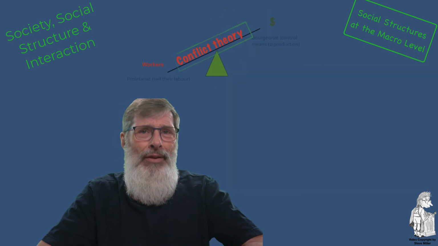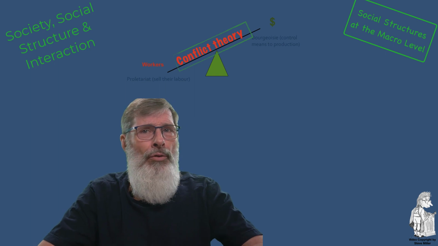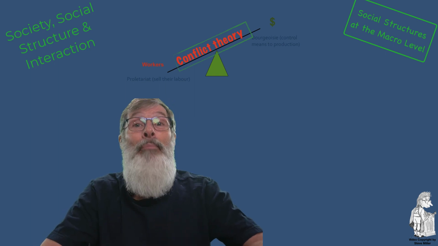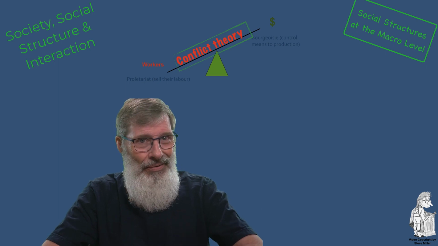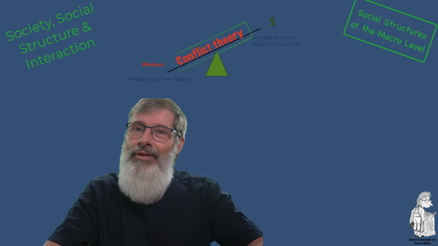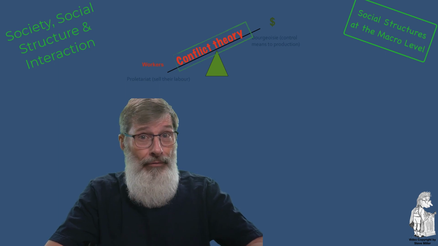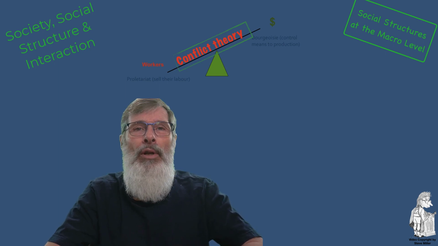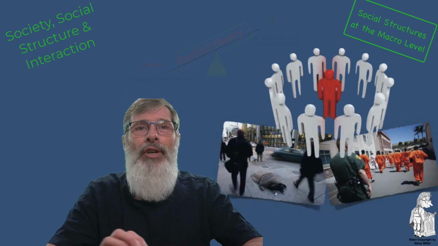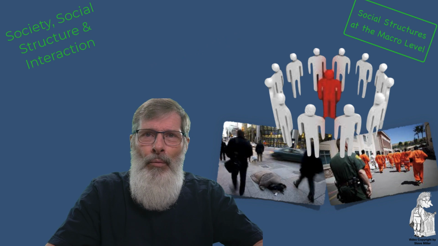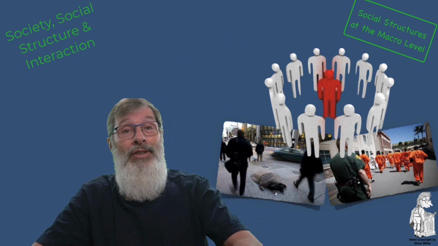Now, conflict theorists also believe that social institutions are originally organized to meet basic societal needs. However, they argue that social institutions maintain the privilege of the wealthy and the powerful while contributing to the powerlessness of others. With social structures, there are boundaries. What defines us as in and what defines us as out.